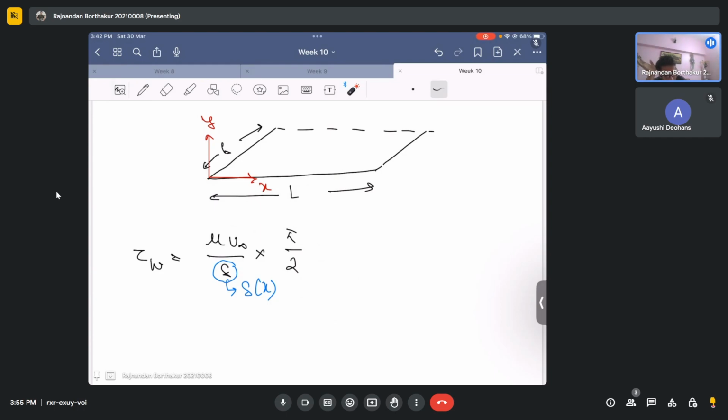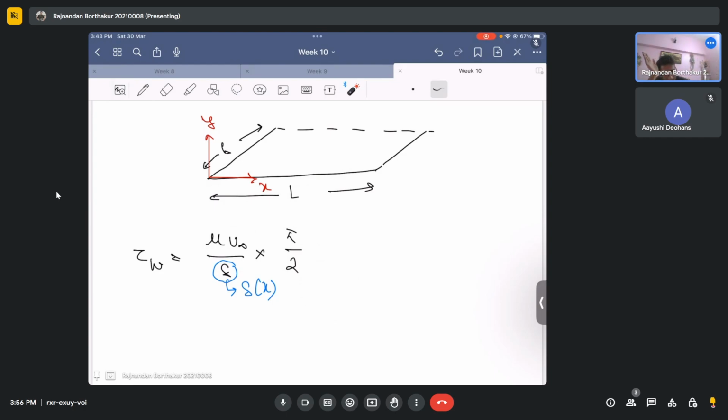So there is a singularity point actually. At this point there is a singularity point, but apart from the singularity point, the value of wall shear stress at the point where x equal to 0 is not defined, so it can only be calculated experimentally. But apart from x equal to 0, let's say at x equal to 0.001, the numerics can be done. Numerics means where the algebra can be done. It is the point which bears the maximum shear stress, and from that the shear stress essentially decreases as 1 by root over x,